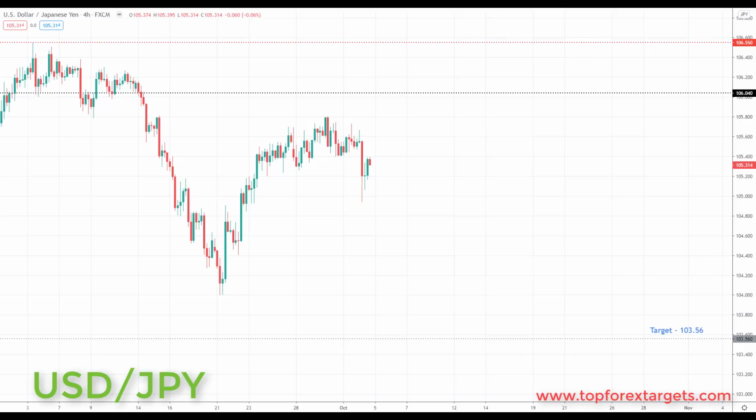So the next market we're going to look at is US dollar Japanese yen. Now last week we highlighted the fact we'd been looking for a pullback towards the 106.040 and we did pull back towards this area and we started to sell off last week. The US dollar is currently strong and any positions in this market as it's currently structured to the downside would preferably be short positions, and what this means is shorting a strong dollar.